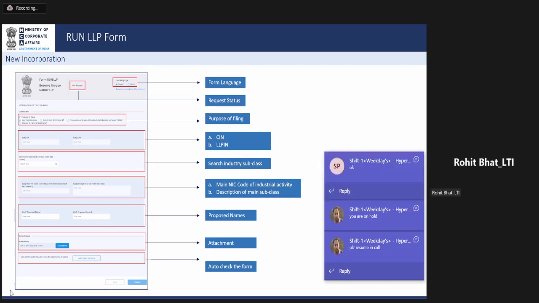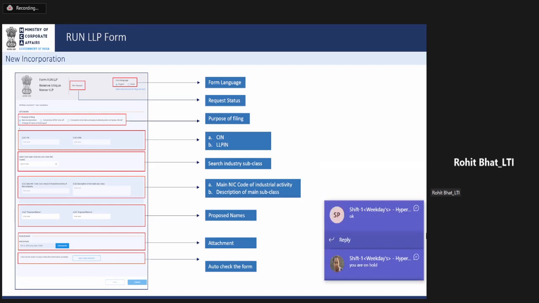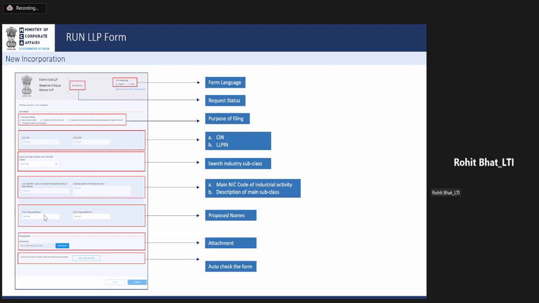So at last, the auto check of the form option is available, which is again mandatory to be clicked once the proposed name is filled. As soon as we click on auto check, we will be able to see multiple alerts on the screen of the user.